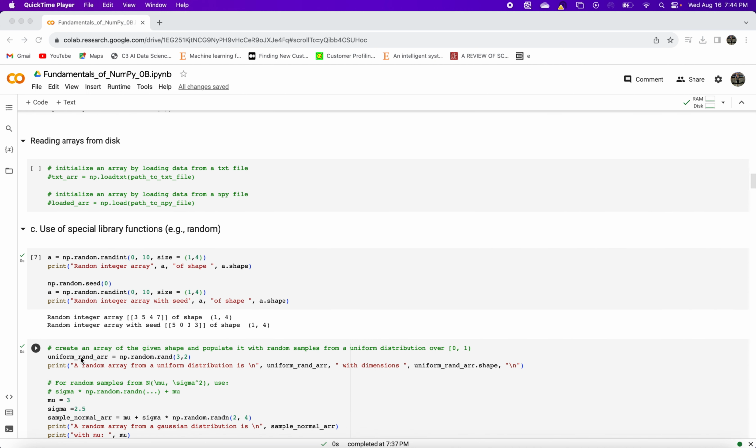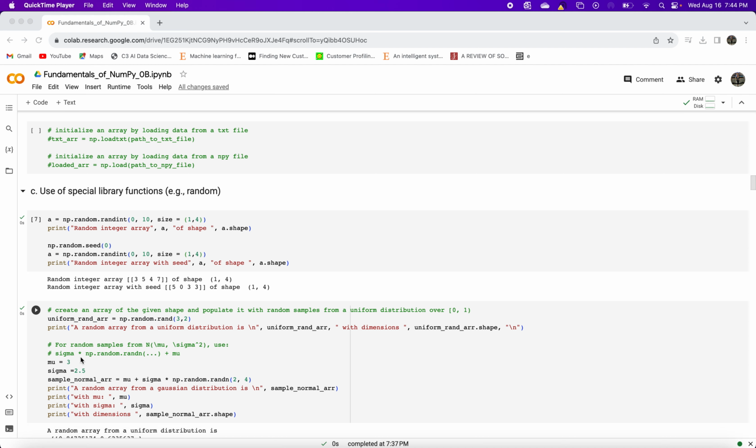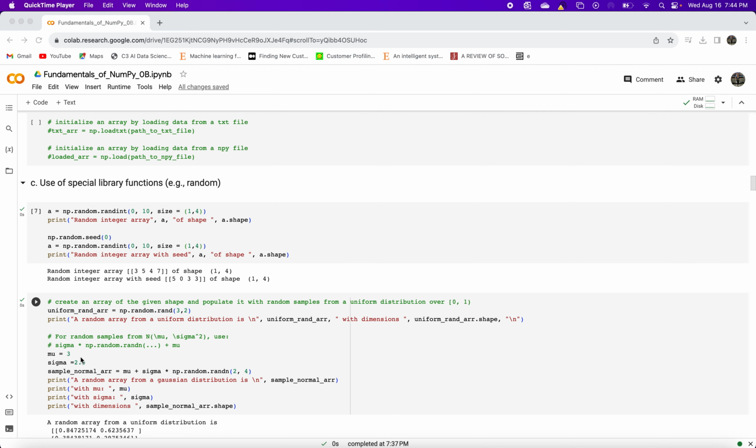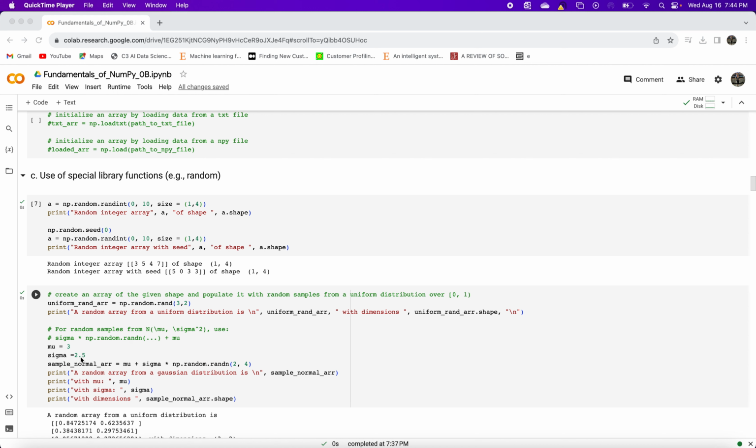Finally, let's now talk about special library functions. We are going to be covering random specifically here. Random is again a very commonly used function to generate random numbers. These can be integers, or you can generate random floats. Do go through the documentation in order to understand in more detail how exactly you can use this function, because it is very versatile. So if you want to create random integers from 0 to 10 of a particular size,